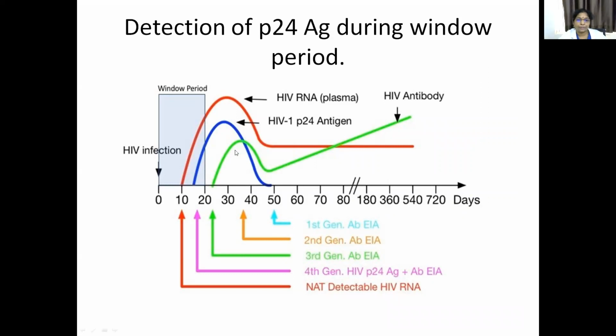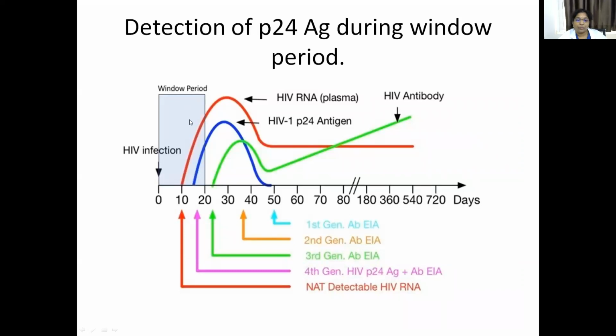You should not do this HIV tridot test because it will detect antibodies only. HIV tridot will detect antibodies to HIV. But in the window period, antibodies are not formed. Only antigen is present and HIV RNA is present. So what test do you have to do in the window period? You have to do the P24 antigen test. Or the HIV RNA can be detected with the help of a PCR test. Okay, a PCR test can be done to detect this HIV RNA which is present in the window period, or you can proceed with the P24 antigen assay.